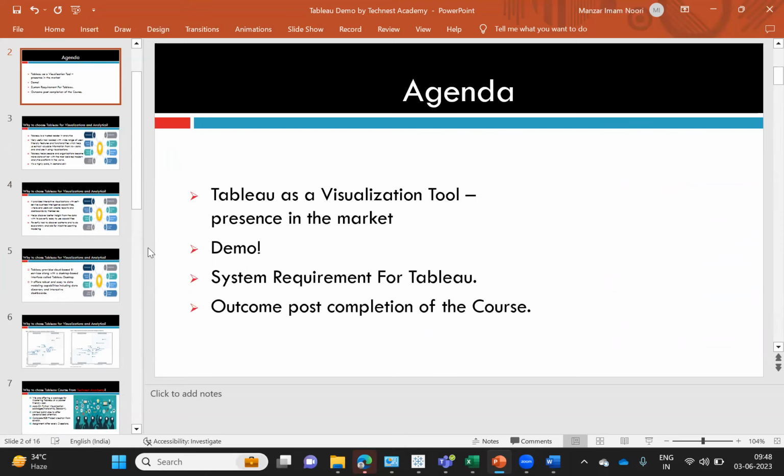So you will get all the required knowledge to start your job hunting, right? And you will get all the required knowledge to even create advanced visualizations. The only thing is you have to practice. What I'm seeing is that people join, but they don't practice.